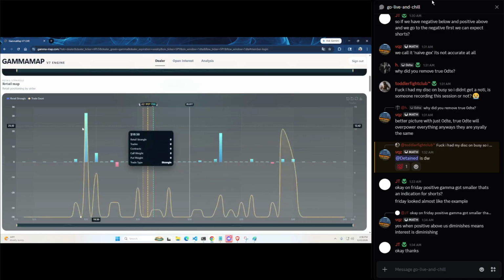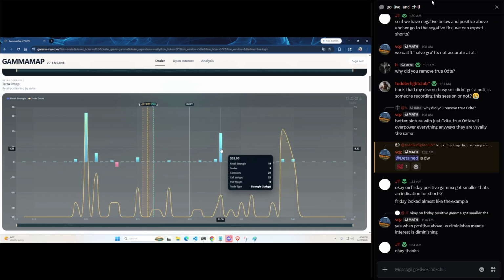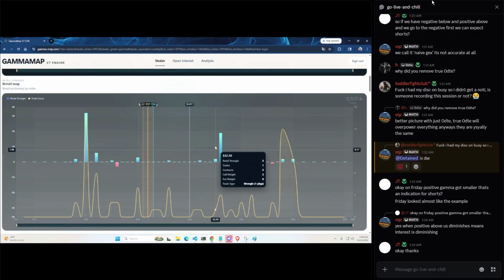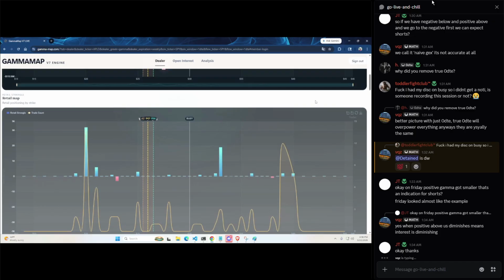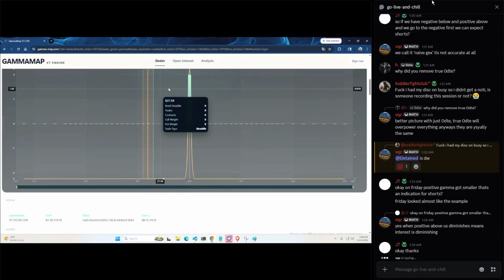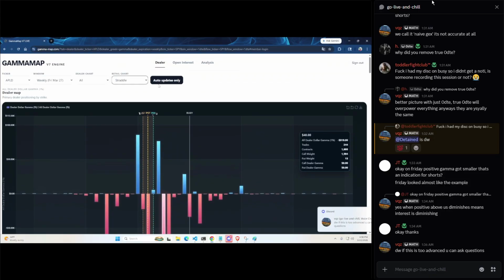For those that don't know, a strangle is when you sell an option on both sides of the stock. So someone's selling options in both directions, or these are long plays. So this might be a long strangle or a straddle, you could call it. Let's see if they have straddles on here. Yeah, we have a straddle. Here's part of a straddle. Big order there. Holy crap. Okay, let's see what else we got.